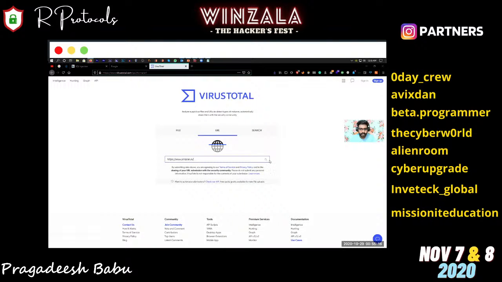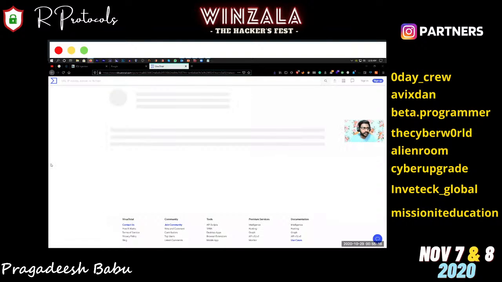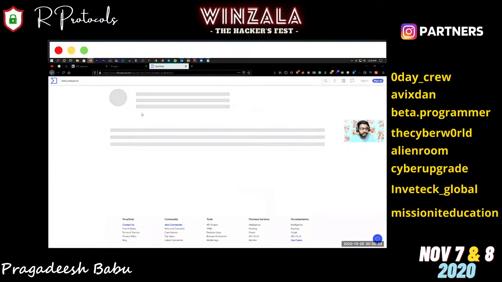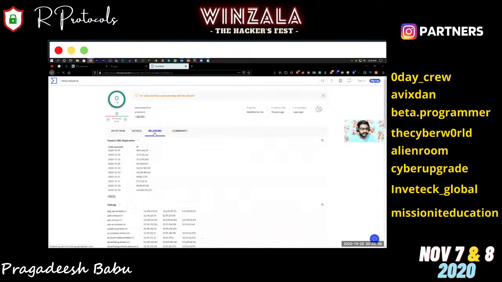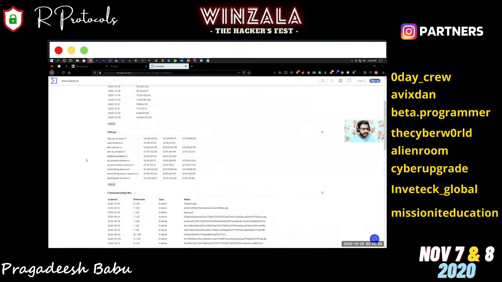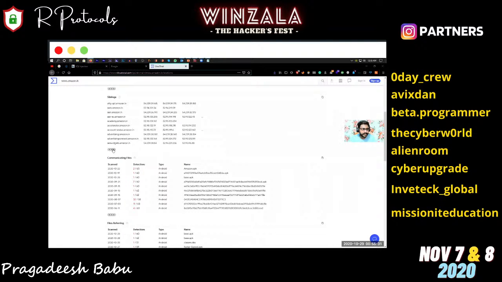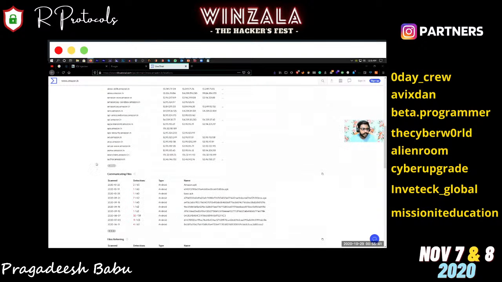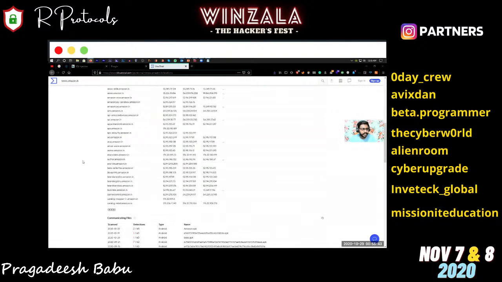Paste the URL here and hit search. After searching it, click the domain name here, Amazon.in, and go for relations. When you scroll down, you can see that there is a listing called siblings. These are the subdomains which Amazon.in consists of. There are many more else, so it keeps on loading.